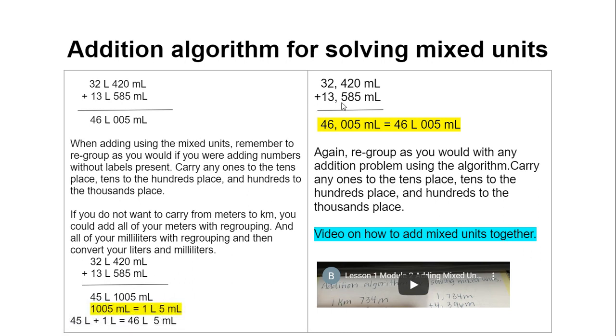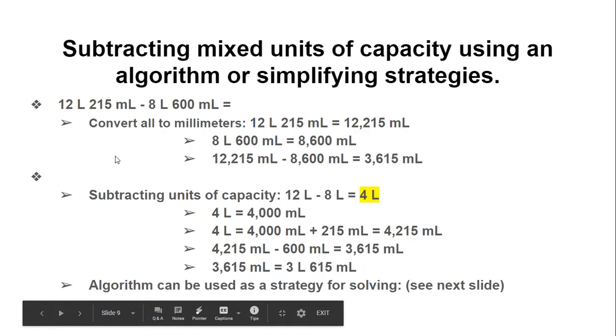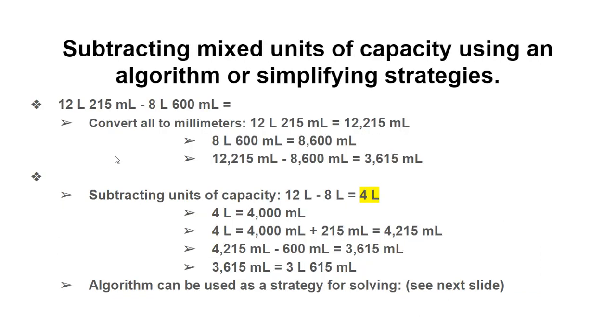Now, notice that I might be showing a different unit of measurement in the video, but it's the same process for each of our units of measurement. Just because the measurement has changed unit-wise does not change the strategy on how to complete an addition algorithm or a subtraction algorithm. So when subtracting mixed units of capacity using an algorithm or simplifying strategy, again, you can convert